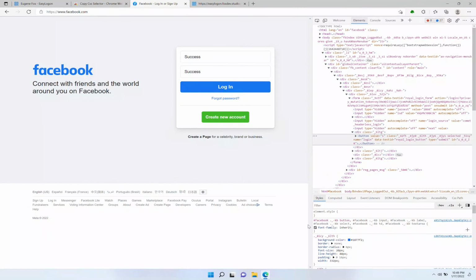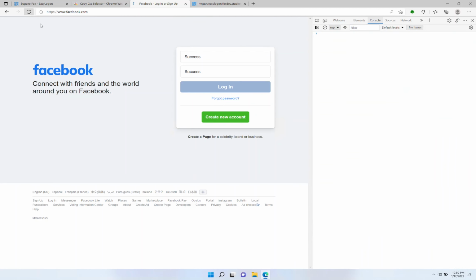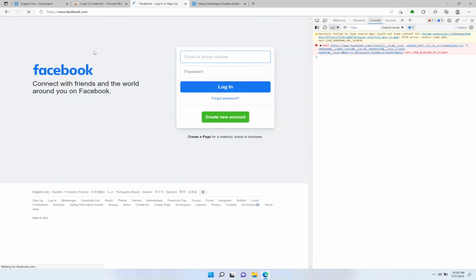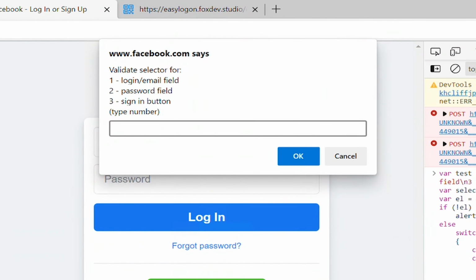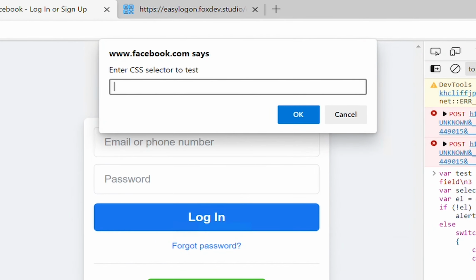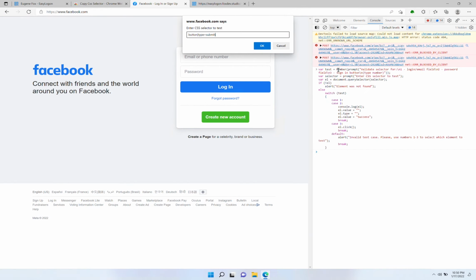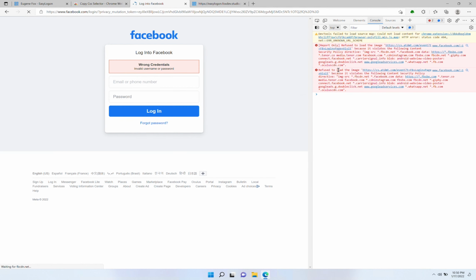Let's reload the page and check again. As you can see, the button was clicked, so this is what we need.